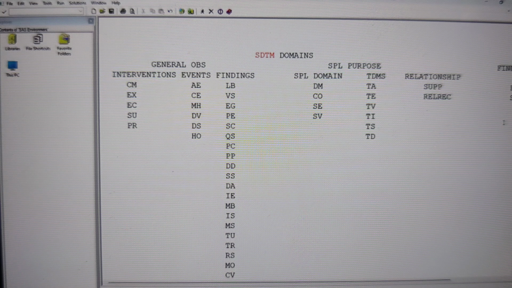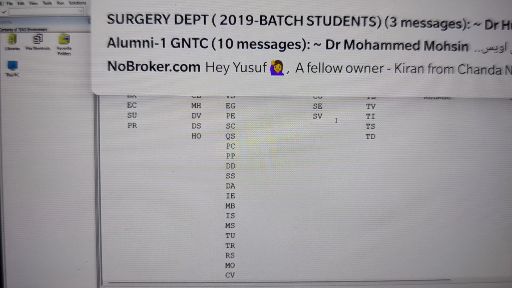Now, what information are you going to keep? Which domains are you going to submit? Say, for example, if you want to put 3 years experience, or say 5 years only on SDTM, what are the domains that you are going to keep? And in the class, what domains are we going to discuss in the next 1 to 1.5 months? So this is the first domain that you are going to keep, 100% we are going to keep it in the resume.